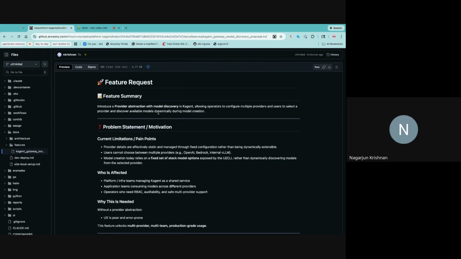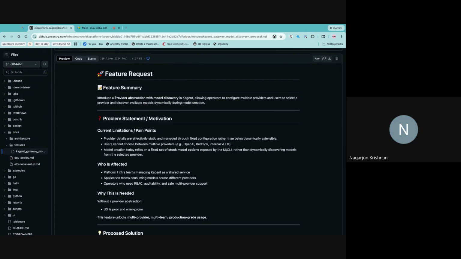Sorry. Yeah. So currently the UI model discovery and the provider change seems to be stale. It's showing stock options, which are hard coded in the code. So this is very difficult for us. We as a company use an internal LiteLLM proxy to provide multiple models to the users. So when you go to create a new model config, instead of just the stock options, which is already there, I was thinking of having